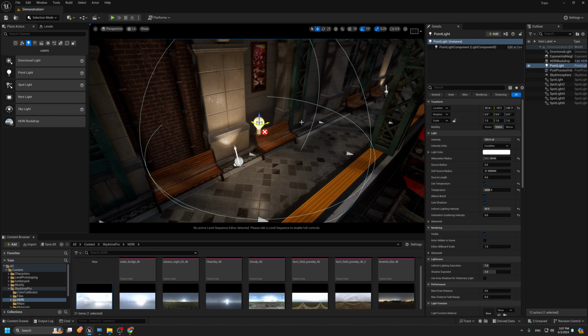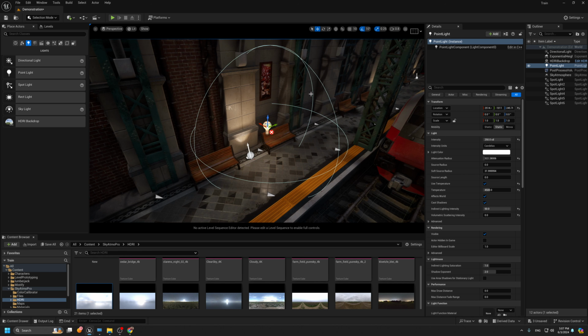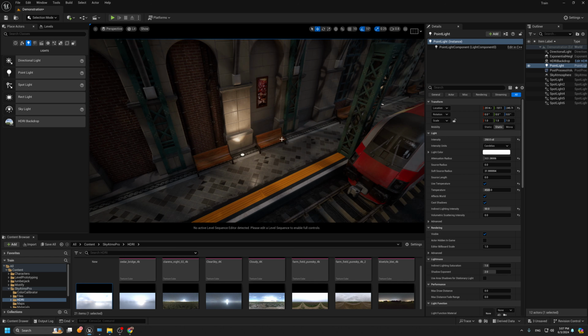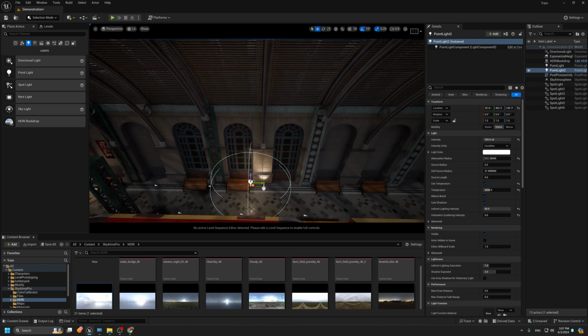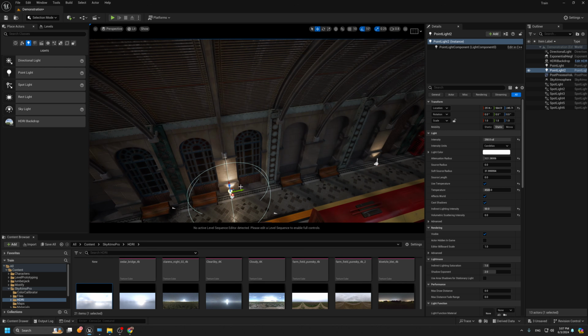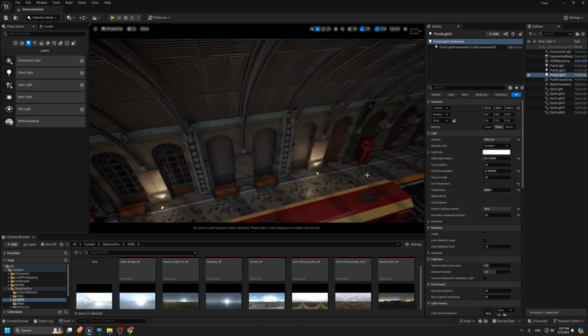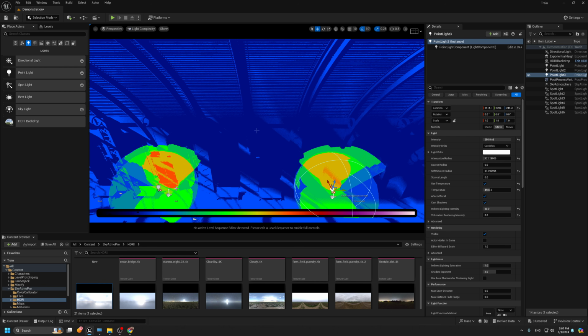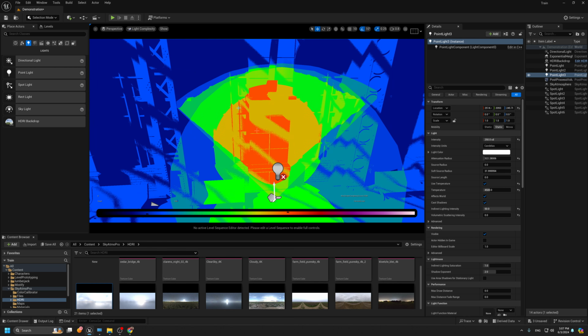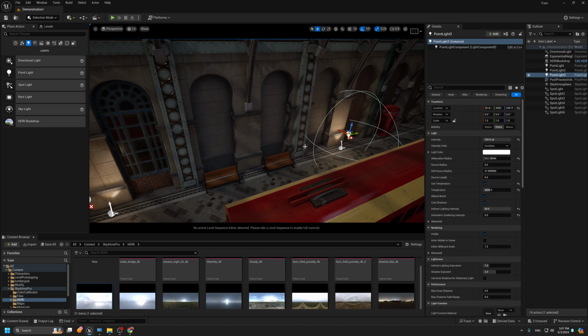scattering light. But this light, you can turn it to static, and then once you bake the light, it's gonna be part of your light baking. But because I am using the dynamic light now, I can keep the light as is. Okay, so you can put the light here, and also it will not affect the performance that much. Okay, if we check the light complexity, yeah, for sure we're gonna get some red, but as I told you, this is not ready